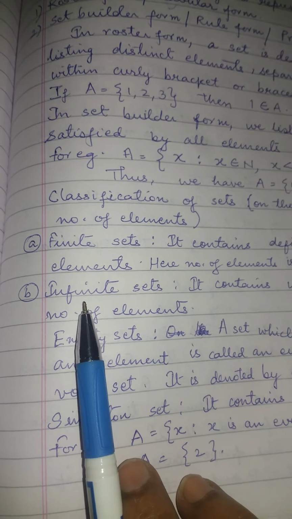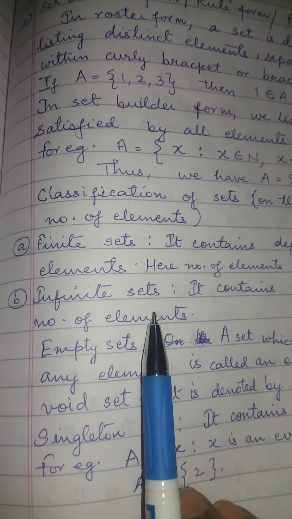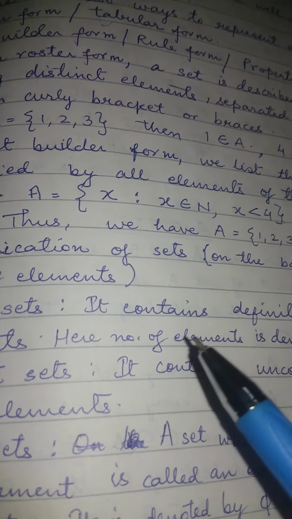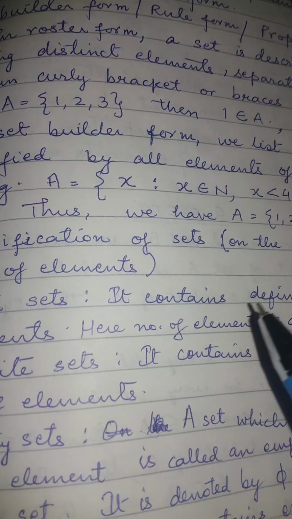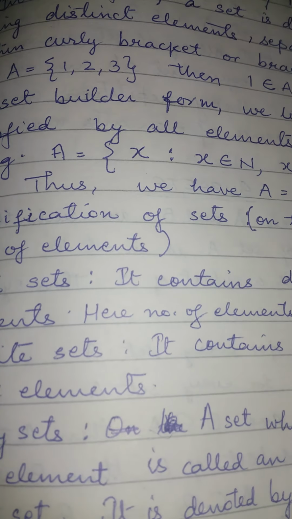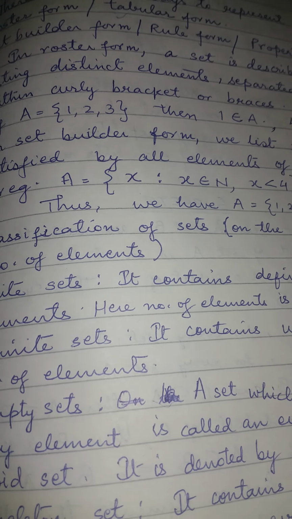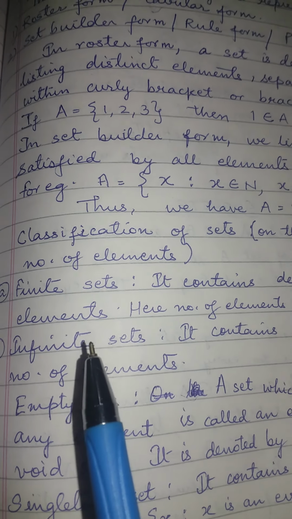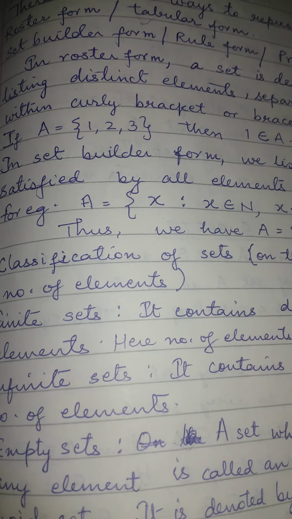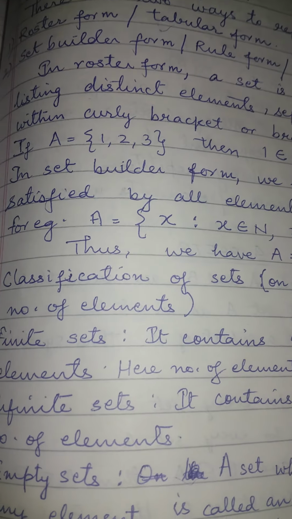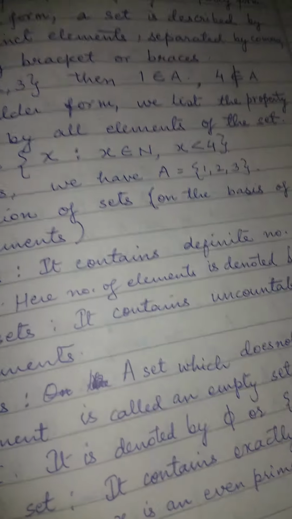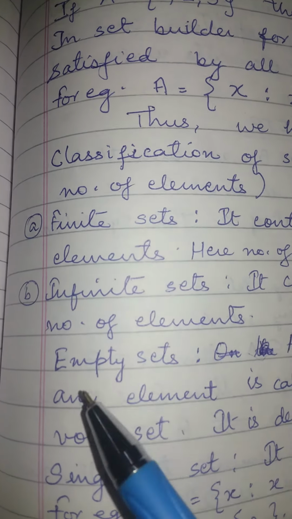Similarly, as the name indicates, an infinite set contains an infinite number of elements. Like if suppose I say set A is equal to {x such that x is a natural number}. Means there is no limit to the answer. We can write any limitless answer. So that is an infinite set. But if I say set B is the set of natural numbers less than 10, now you know there are definite answers for it. So this is the difference between a finite set and an infinite set.